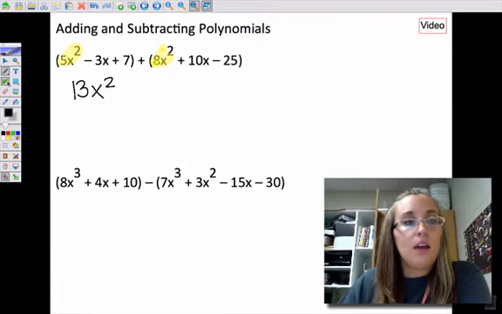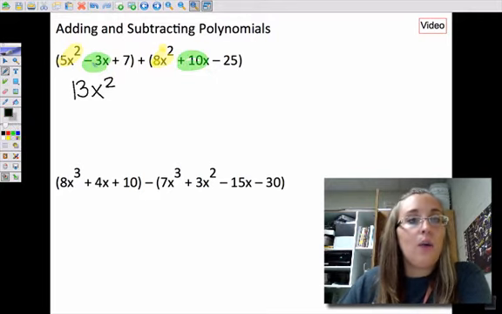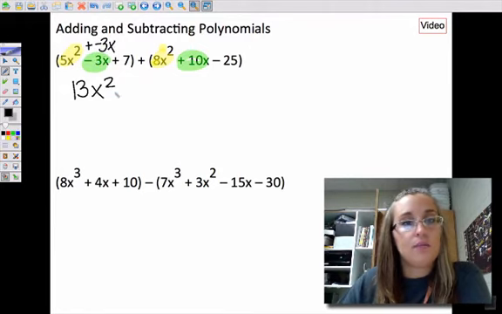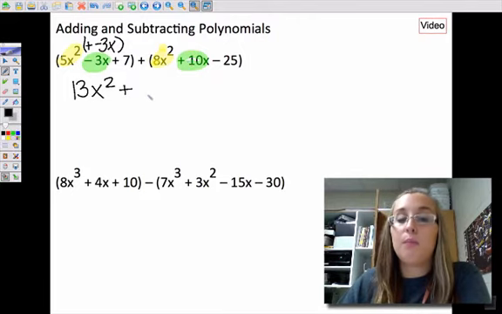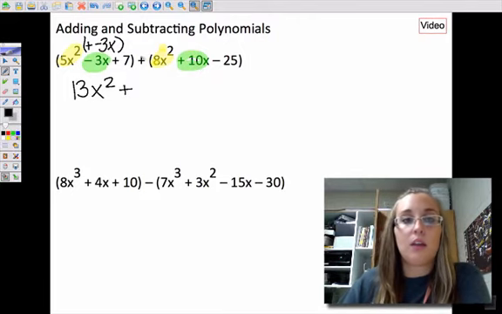Okay? Now we're going to look at the next term, and we've got a minus 3x and a plus 10x. So really, how I want you to think about this is it's like plus negative 3x. Okay? So we've got a negative 3x and a positive 10x. This is where people make the most mistakes, so please make sure that you pay attention that there's a negative 3x. That becomes a 7x